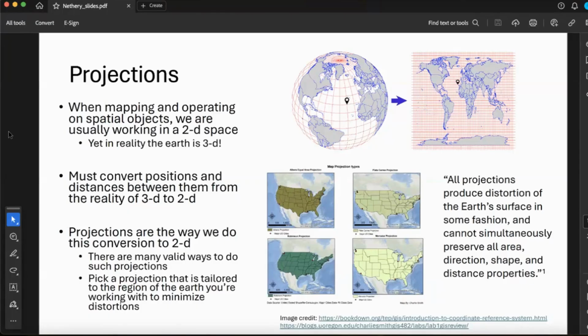You can imagine that that's going to be quite hard to do, because you're converting it from 3 dimensions to 2 dimensions. Some parts of the soccer ball are going to get wrinkled up, maybe while others lay flat. Some will get wrinkled and their sizes will get distorted. And so the same thing is inevitable when we try to convert these positions on the Earth's surface from 3